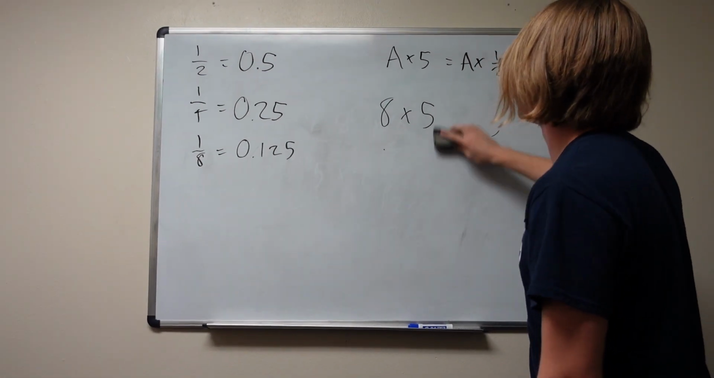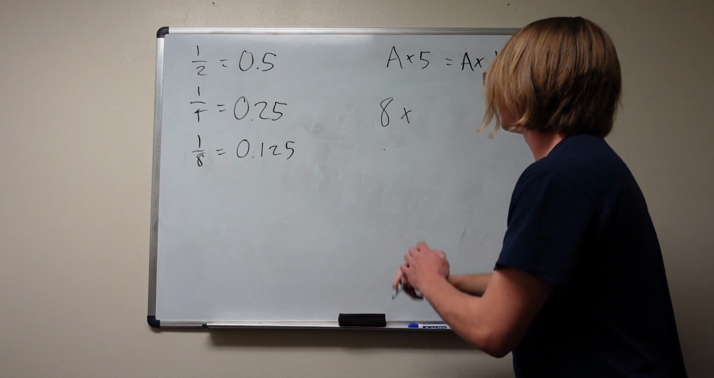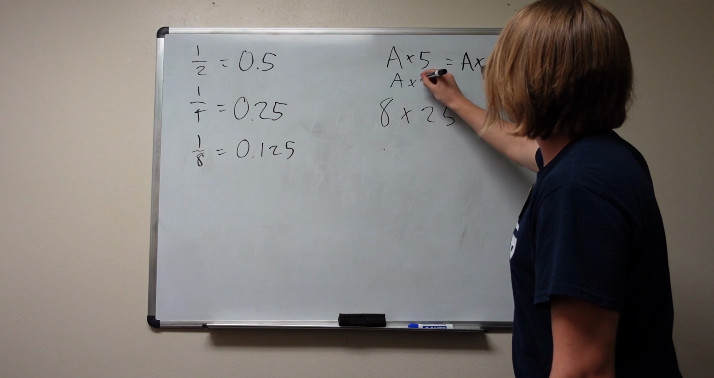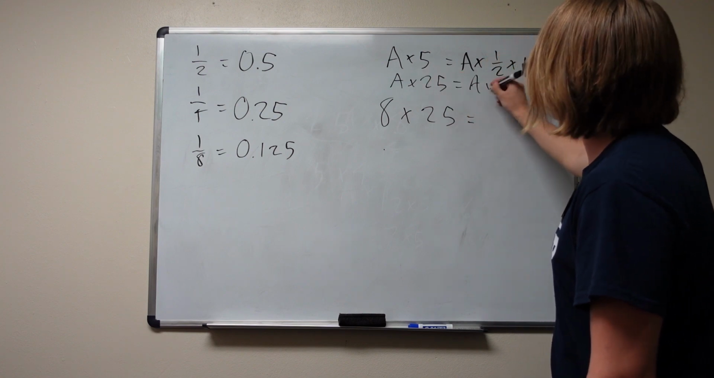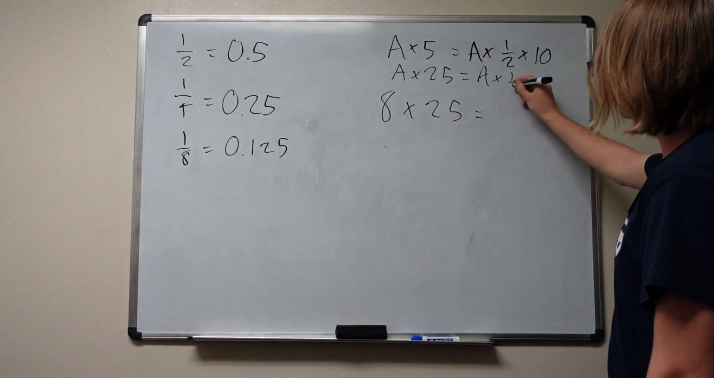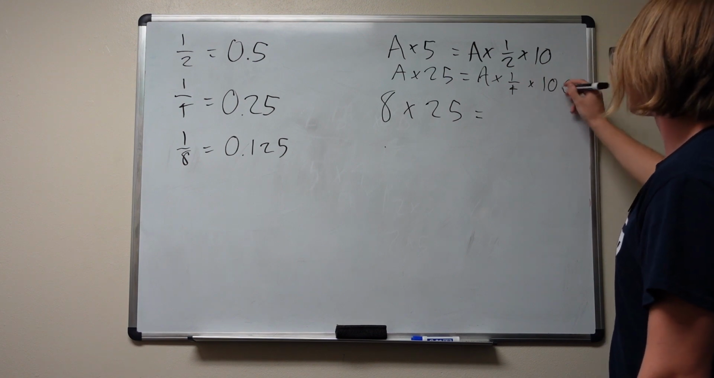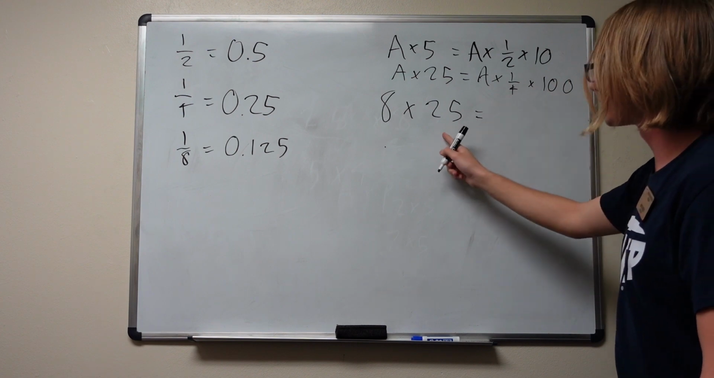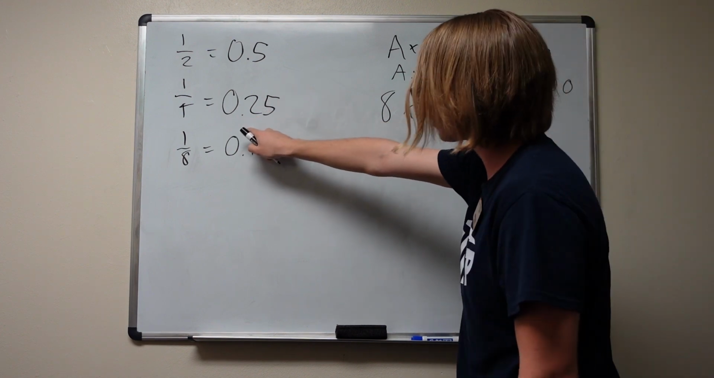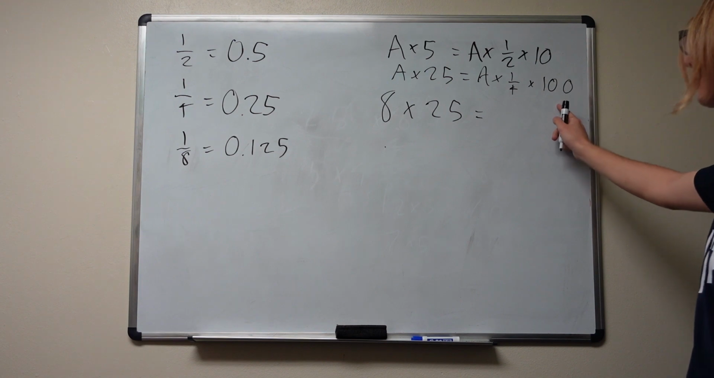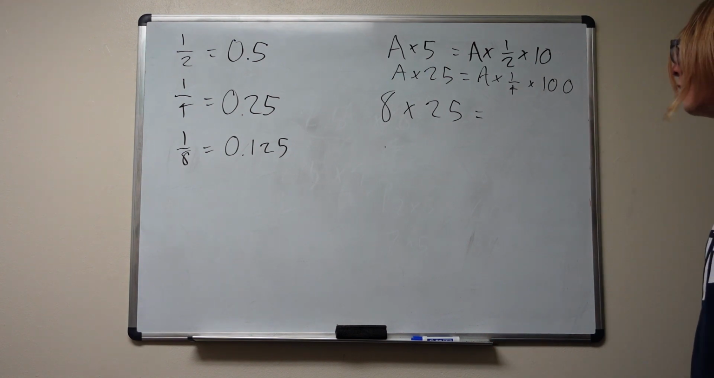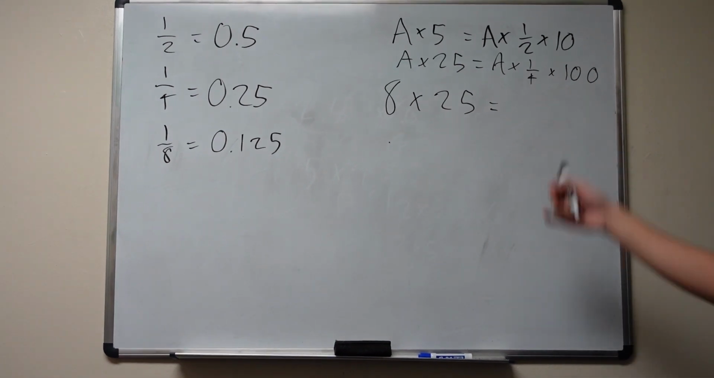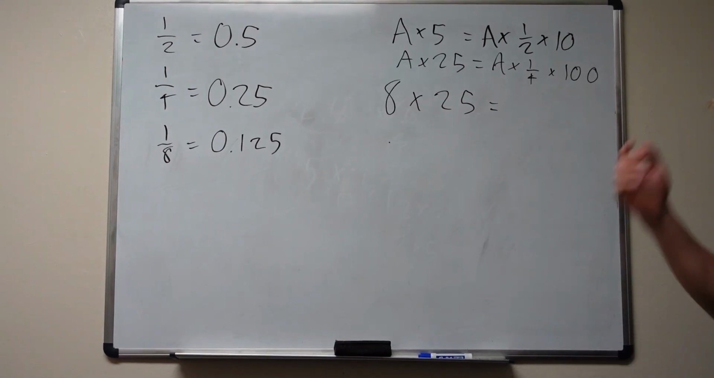you could have, for instance, 8 times 25. Well, a times 25 is the same thing as a times 1/4 times 100, because 100 divided by 4 is 25. Or 0.25 add 2 zeros is the same thing as multiplying by 100. So 8 times 25, that one you could probably already see it because there's 4 25s in 100, so